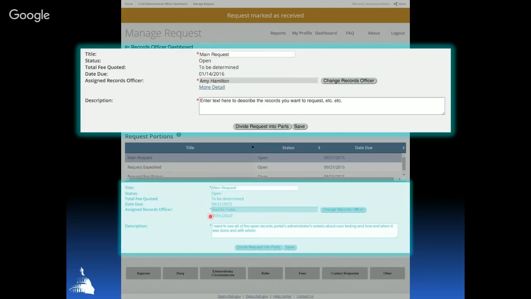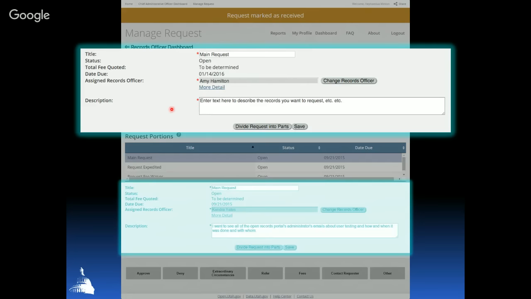So this right here is the information for the main request. You can see who is assigned to it. You can change who's assigned to it, just with the records officers that you have assigned to your agency. The more detail here is the same as the more detail up above. It shows you the requester's name and email and such.